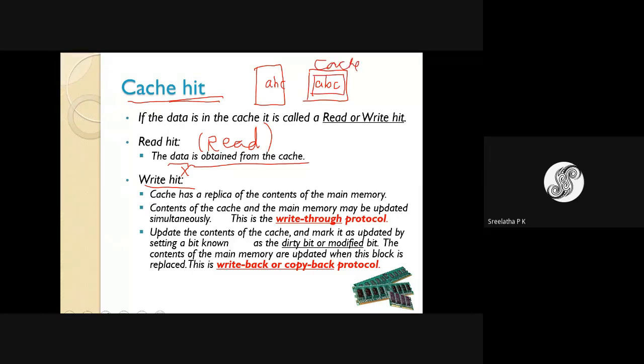It can be written. Now, in the writing process, there are different ways how the data is written. There are two procedures. One is called the write through protocol, and the other is the write back or copy back protocol. Write through protocol means, suppose,